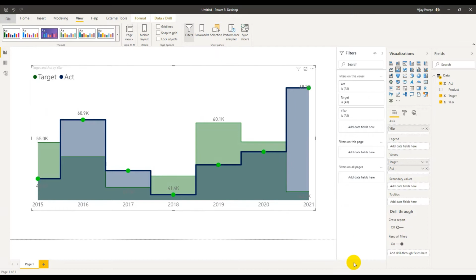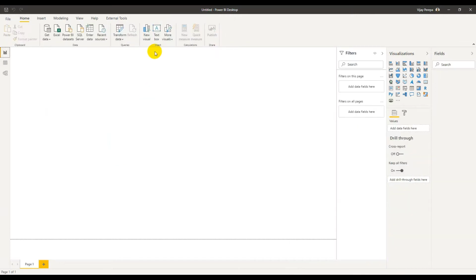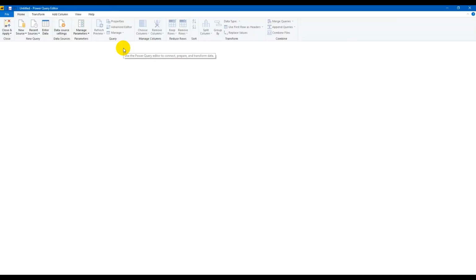Now I need to jump into the new Power BI session. There I need to get into Power Query Editor. So in the Power Query Editor, I need to create a new query. Why do I have to create a new query? I have explained in the previous videos, you can watch them. And we need to understand what kind of data we are getting in. So let me go back to Excel and show you.